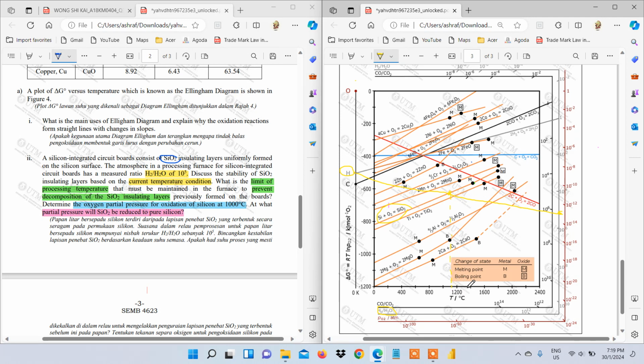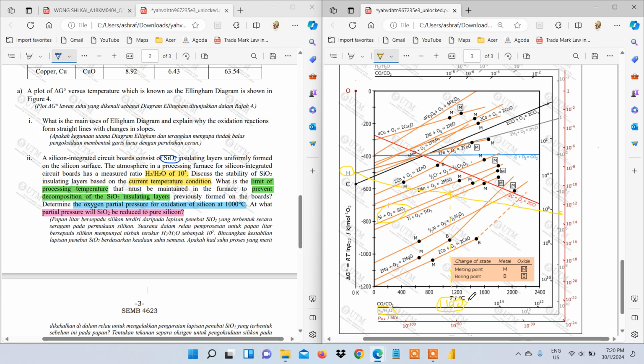From here we get approximately 1000 something, maybe 1190, something like that. This one can be estimated, it's no problem. Around that is already fine. And then the next one is, they say discuss the stability of the silicon oxide insulating layer based on the current temperature condition, which is the current temperature condition for us,